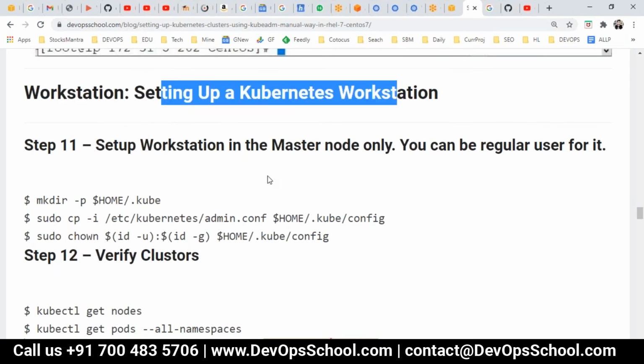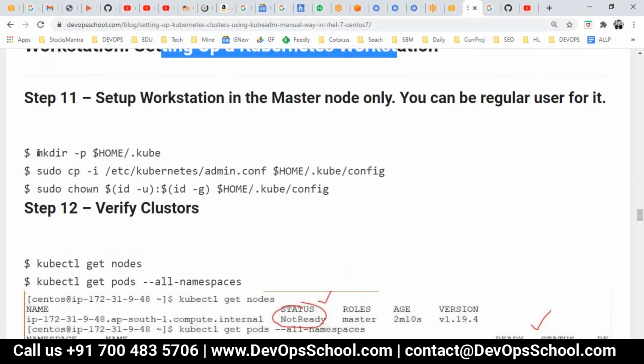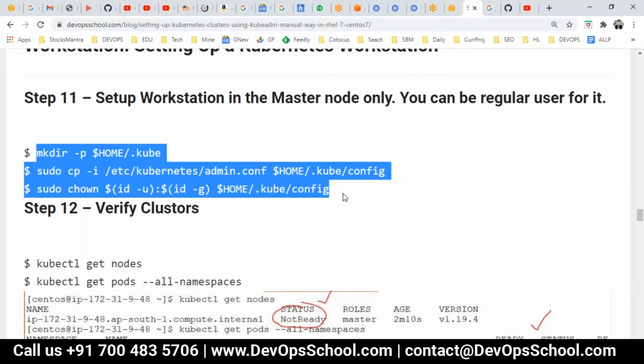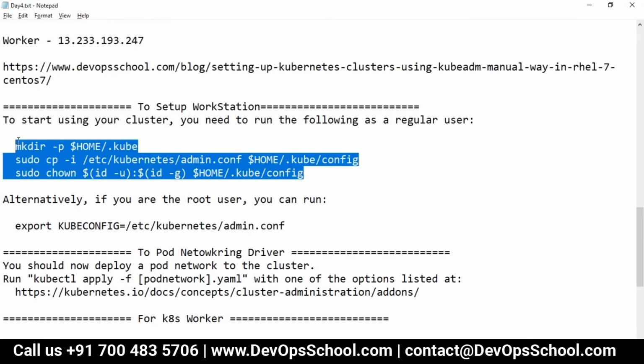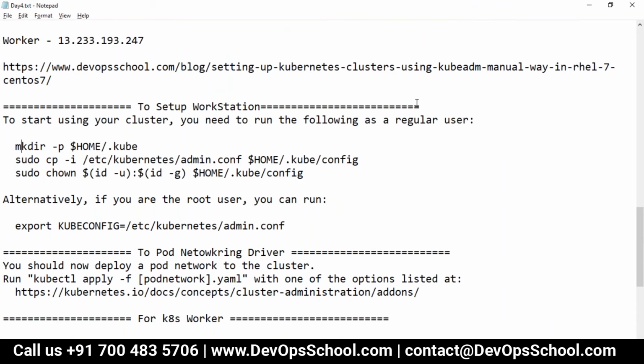So now set up the workstation. Setting up the workstation, what you have to do? Run this command. This command and this command are matching. What exactly is it doing? Look at this here. Become a regular user. It's not strictly necessary. Why, I'll explain a little later, but it's good to be a regular user and then run the command.